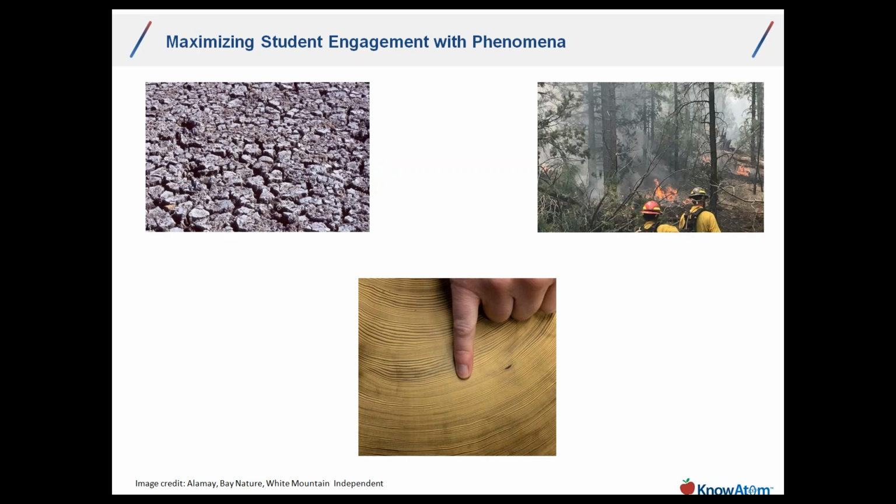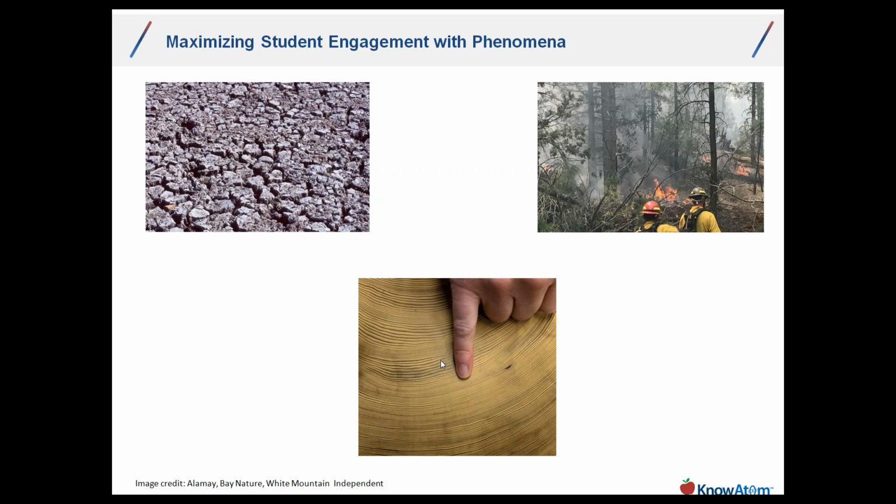And then what that discussion leads to are things like, perhaps it's caused by drought, students may suggest, or perhaps it's the result of a fire. Or perhaps students will say that this is caused by drought, but it's important because it can lead to a fire. Because trees that are no longer living are no longer taking up water, and so it may become fuel for forest fires in this area. And that is a very different way of approaching a task like counting rings, because a student may then go from that level of questioning to say,